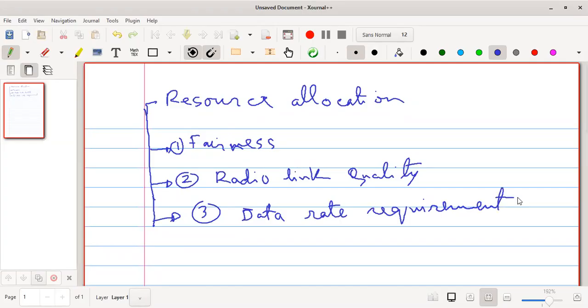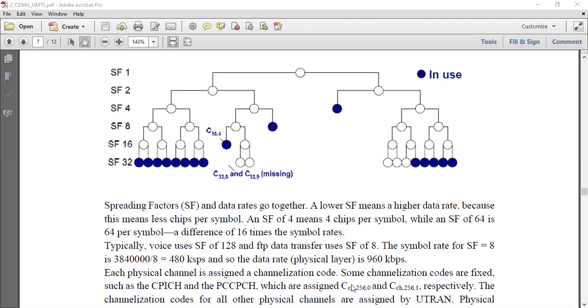There can be some other factors too, but these are the three major factors to decide how you apportion the resources. Based on that, you may allow someone to use a higher data rate and someone a lower data rate,